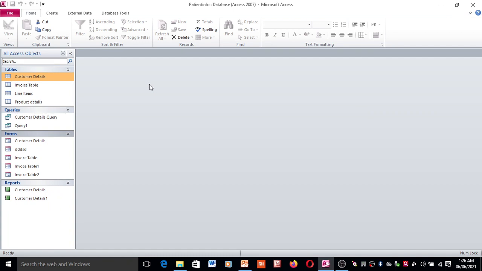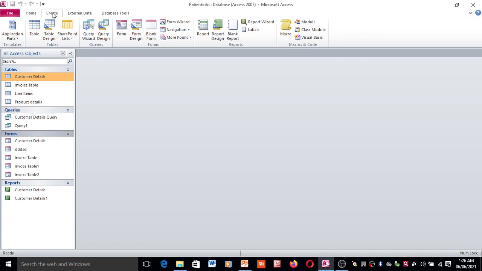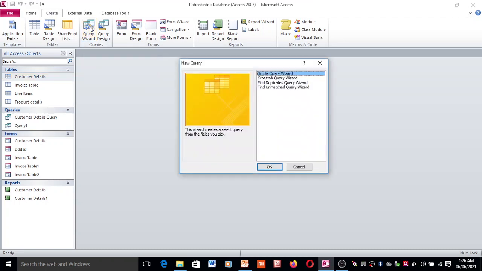Now here you have to click onto the create tab. In the create tab there is a query option. Here, click on query wizard. After clicking onto the query wizard, you can see a window open.